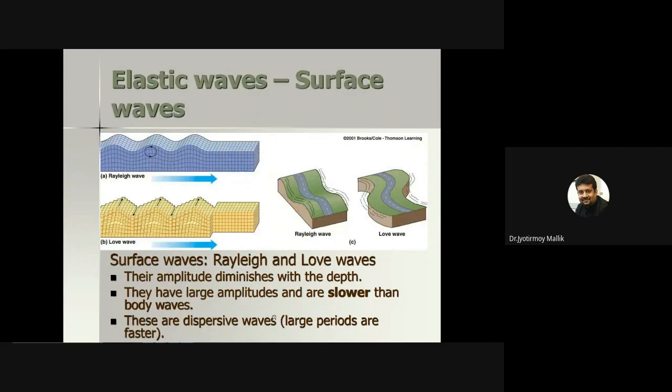We will start talking about the elastic waves and the surface waves tomorrow. I will upload a lecture where we will deal with earthquake seismology in a bit more detail. Tomorrow I will also send you your assignment, and you will have 1 week of time. So you should submit the assignment next Saturday, not this Saturday. So you will have 1 week, 9 days of time to submit your assignment.